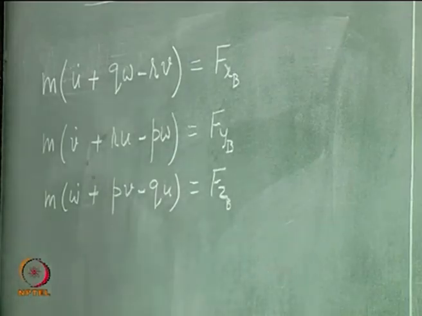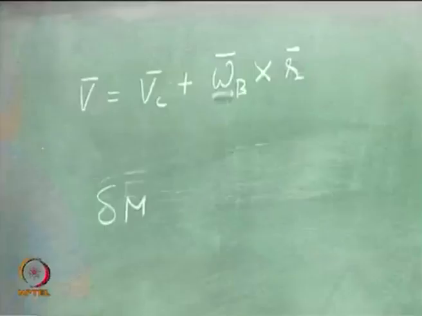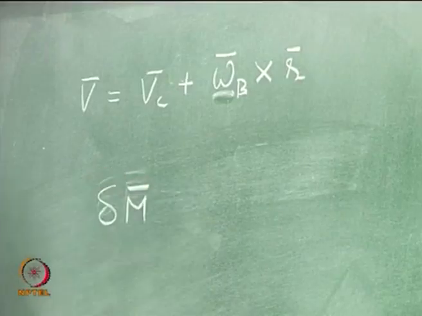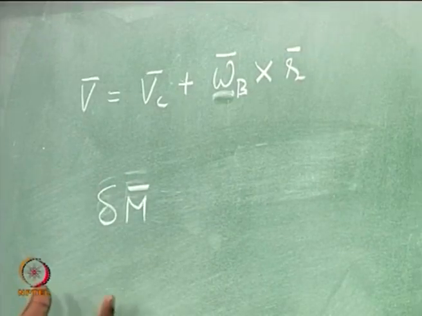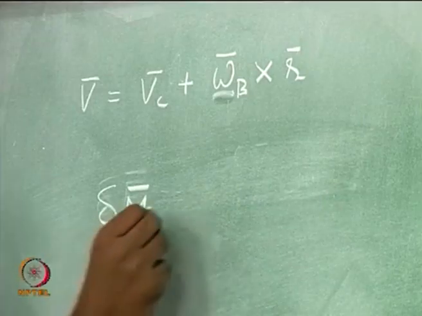And now, what else do I need to write? We have to write 3 equations for the rotational motion, right. I will assume that there is an external moment acting on this elemental mass delta m, right. So, the moment is the sum of all external moments acting on the elemental mass, and this is going to be equal to